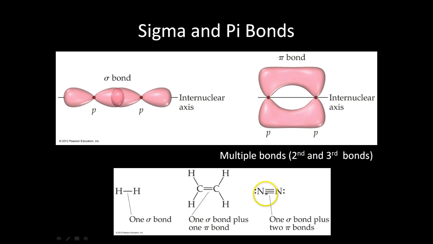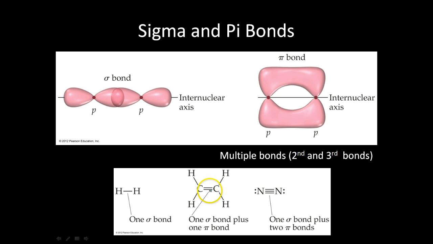When you go to a triple bond, you have one sigma bond and two pi bonds. Well, if all the space is used up above and below the nuclei, where does that other pi bond come from? It's actually a pi bond that occurs if you imagine this rotating 90 degrees along this axis, coming out and into the screen, that's where the other bond goes. That's the space that those electrons are filled in,